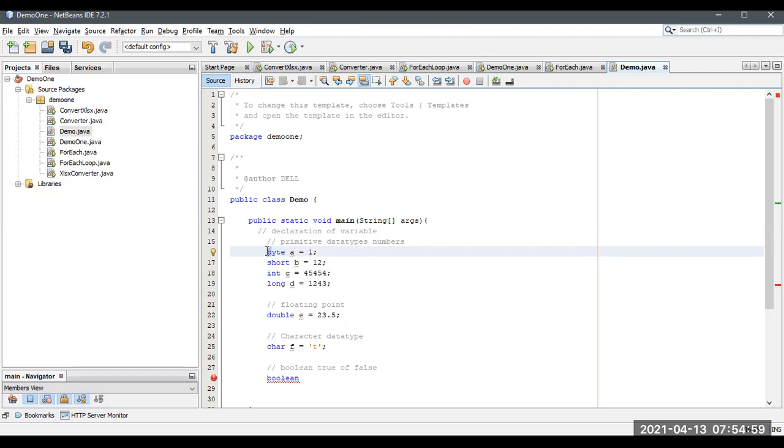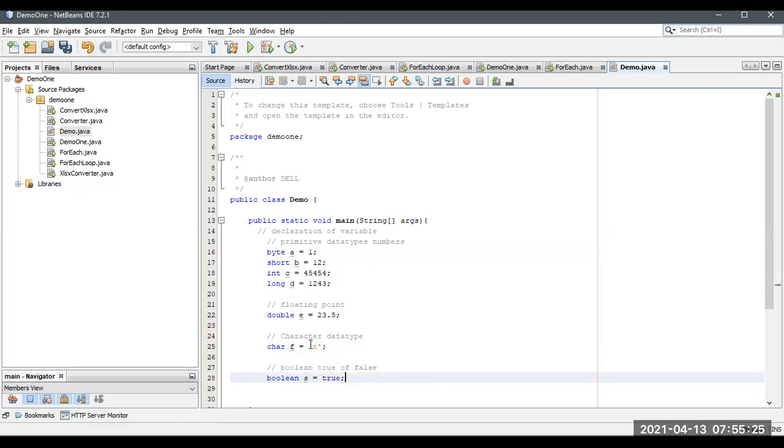Non-primitive types are user defined. After creating an object, only then can we access the non-primitive data type. But primitive data types are predefined and you can access them directly like this. There is no need to create any object for this. Okay, Boolean S is equal to true.